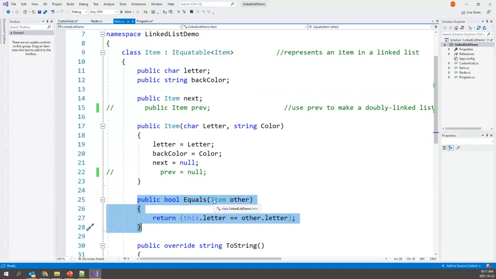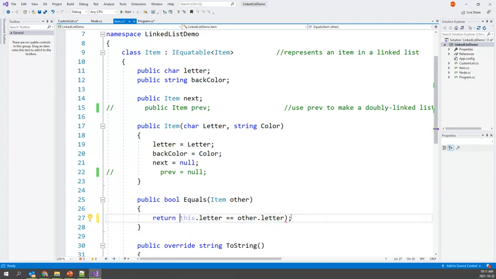We say in order for it to be considered equal, we're going to say if the letters match, then that's considered an equal element. So if I want to remove an item, all I need is an item with a matching letter. I don't have to worry about the back color of the item. I don't have to worry about the item that comes after it. I'm looking for an item